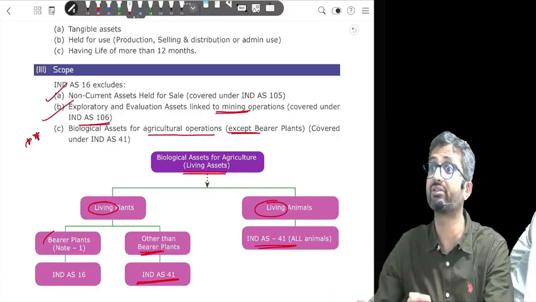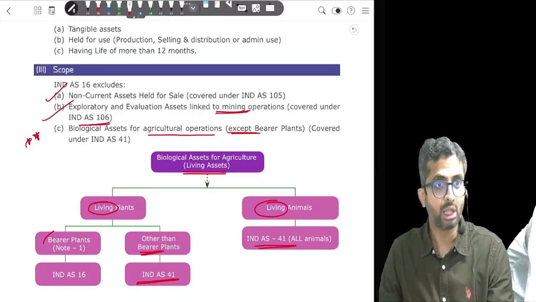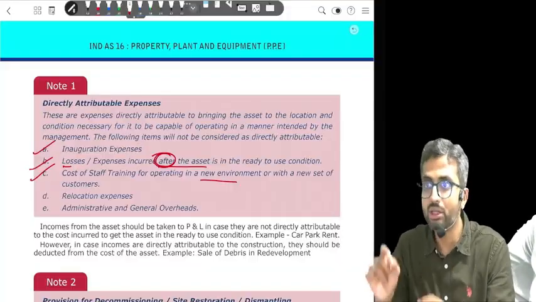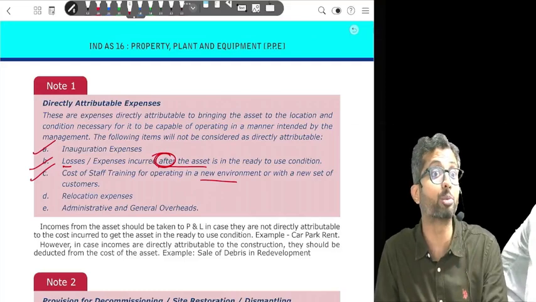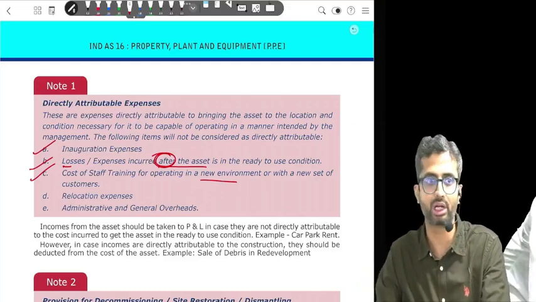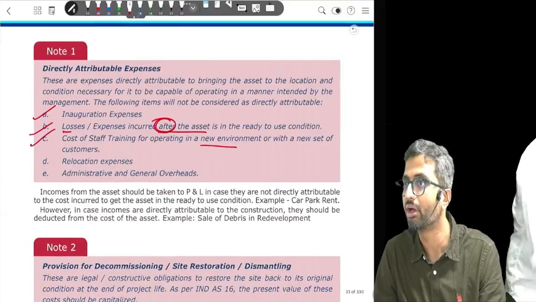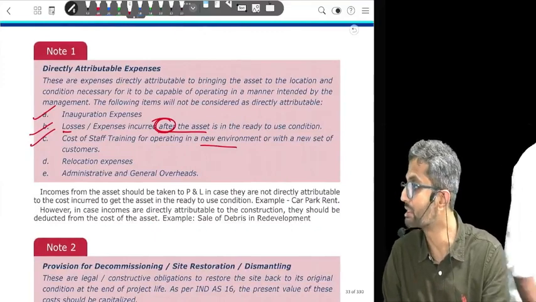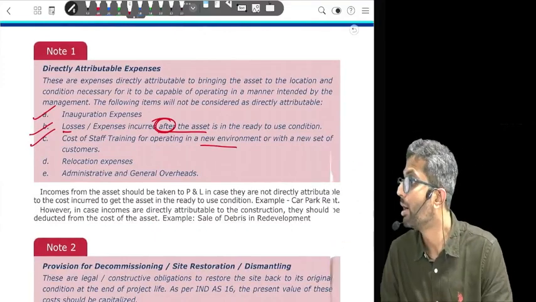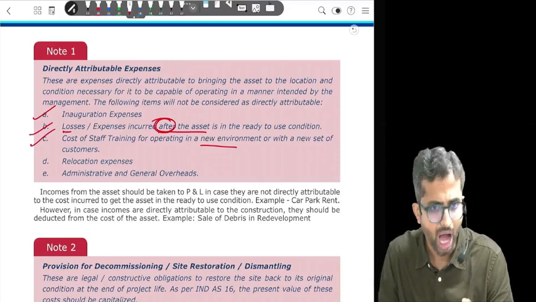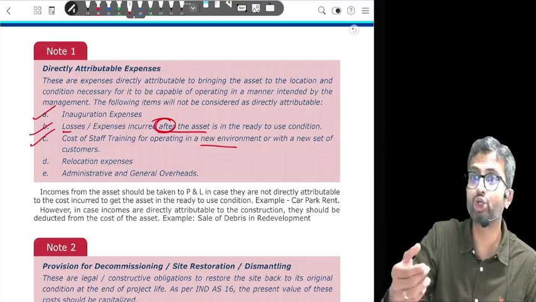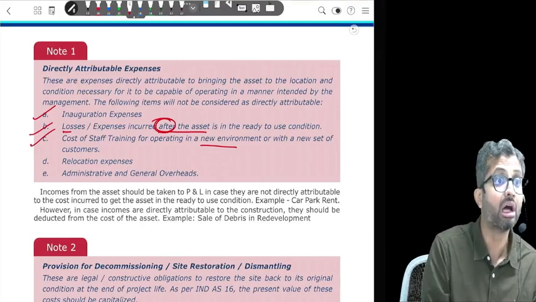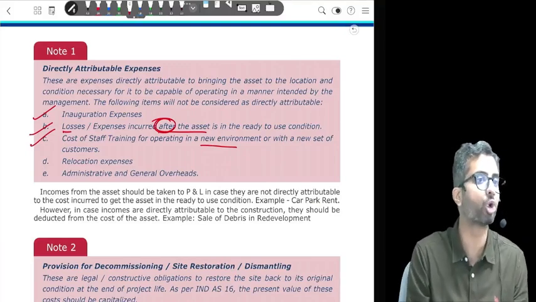Now, one can argue that, let us say, Boeing comes out with the new aircraft. Now, if Boeing comes out with a new aircraft, pilots have to be trained on that, right? Pilots know flying, but the actual technicalities of the new aircrafts, pilots have to be trained on it. So Boeing, when it gives a new aircraft, it will always include training for the pilots. Companies will take those training programs for the pilots, and as a result, people would say, okay, let us capitalize. But are the flights ready for use? Maybe pilots need to be trained, but that should not increase the cost of the asset. It has no connection with the asset being ready for use. Maybe people don't know how to operate it.